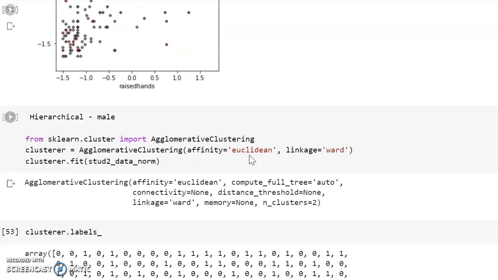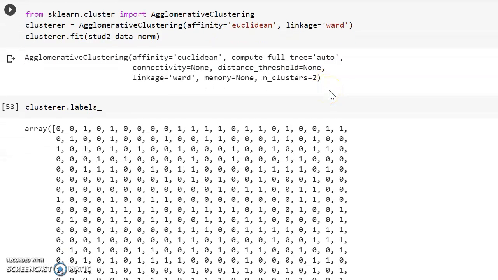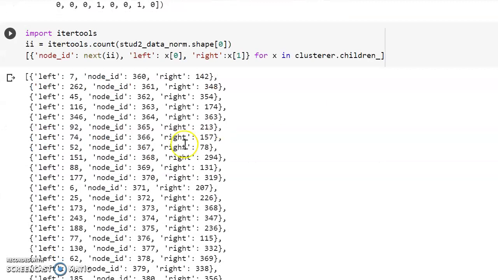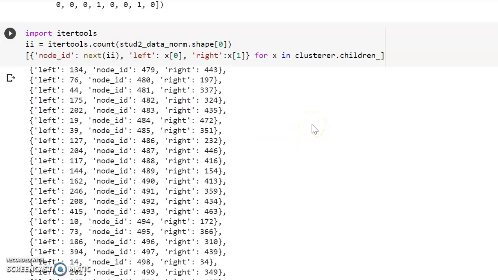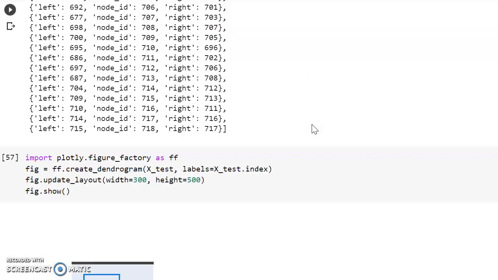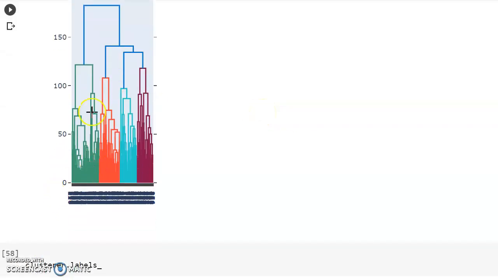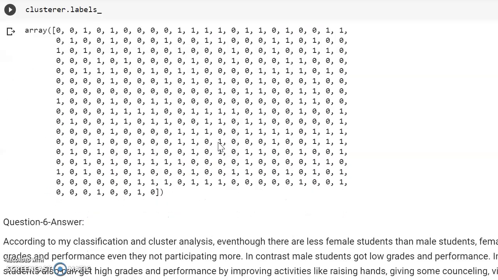Here you can find the graph, and then I took the hierarchical model to calculate the algorithms as well. I imported the labels here. You can find all my data set here, and finally I imported plotly, and then I defined the graph here as 0 to 150 with the cluster labels as well, which I got as arrays.